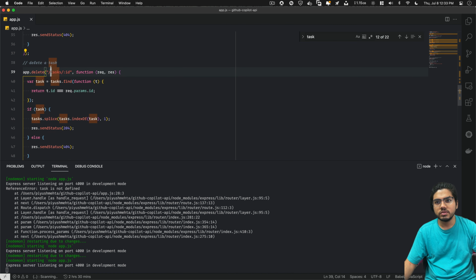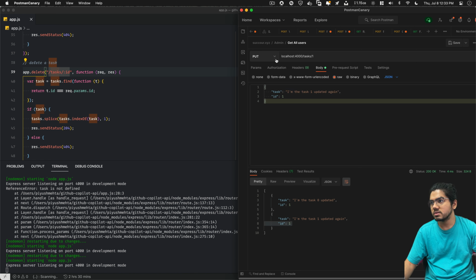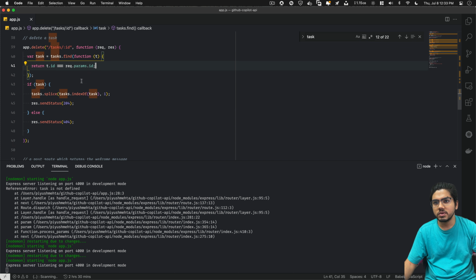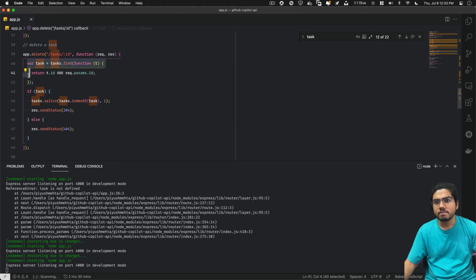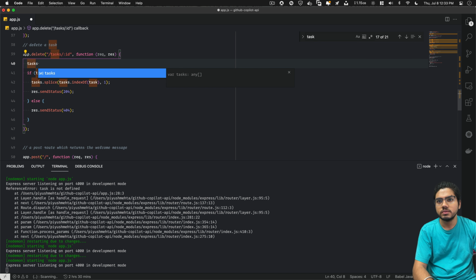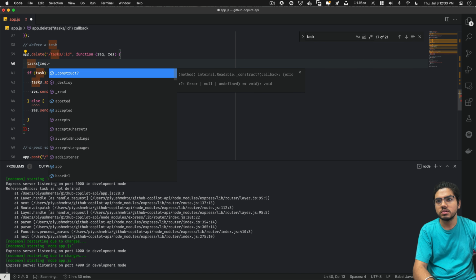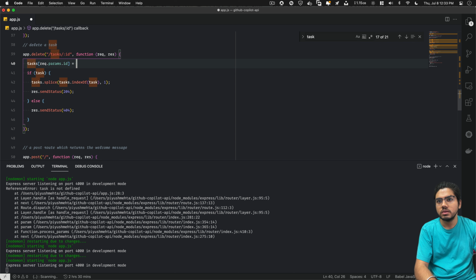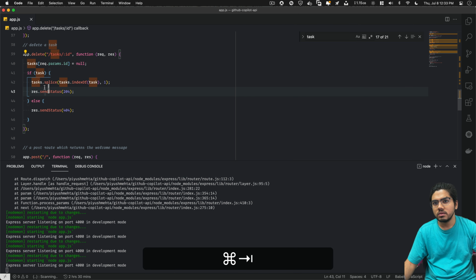Create, read, update, delete. So we'll go to the delete task and let's try it without modifying ourselves. Task 1, let's delete it. Not found, as we expected. So let's name it task request ID should be deleted. So we name it null because it's suggesting. Otherwise we could do list.splice also. Okay, it's list.splice only. And tasks.